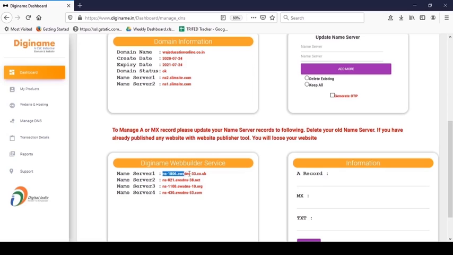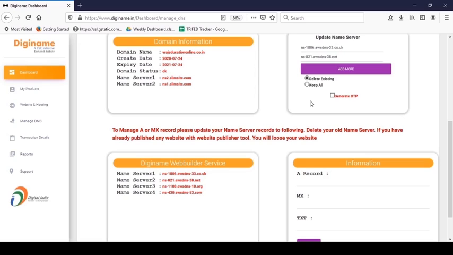Copy the first 2 name servers one by one and paste here. While updating the first 2 name servers, you have to select Delete Existing, as we want to delete these already updated name servers.